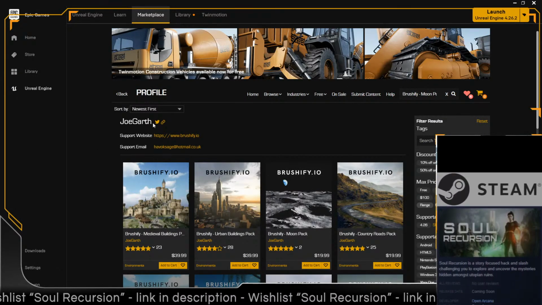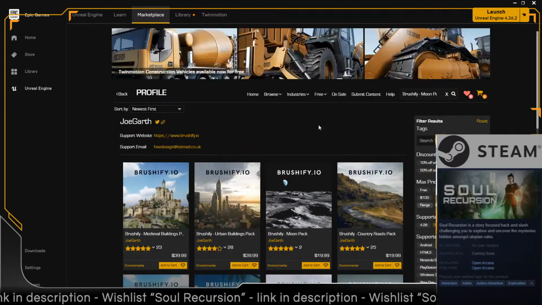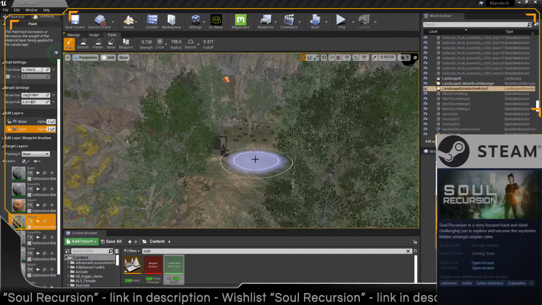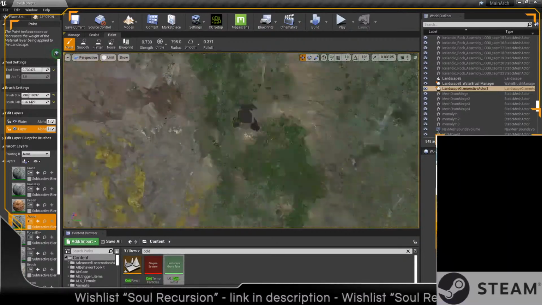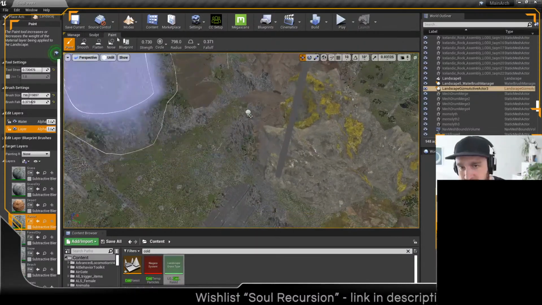So yeah, Brushify.io, that's his website. But these tools on the marketplace are so incredibly useful. And that's what I was just demoing right there, the ability to sculpt. So let's say for instance, and this is kind of what I had to do with these stairs, right? So let's say,